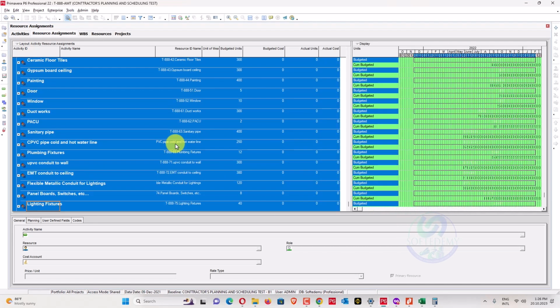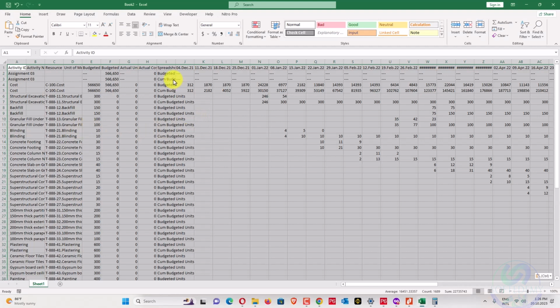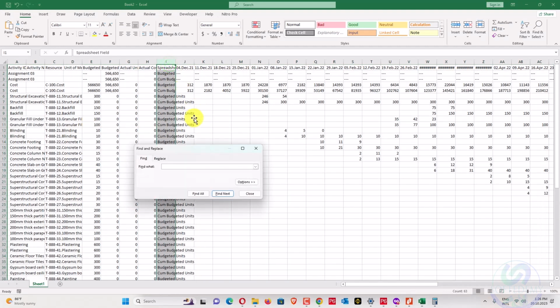So we will copy here this Excel, weekly based data and paste here in this Excel sheet, and now copy and replace here my budgeted units with quantities, and now replace all, apply OK.